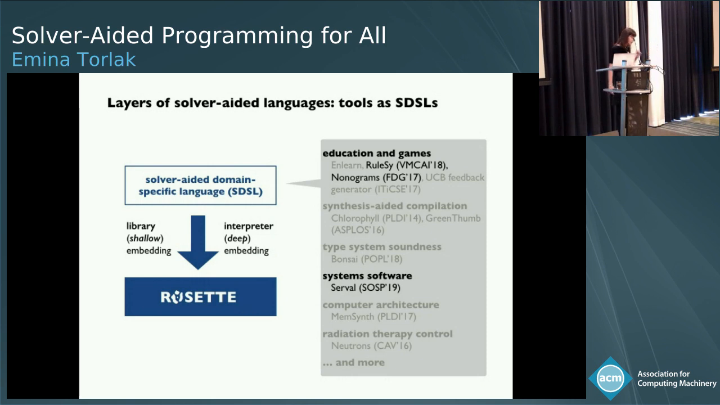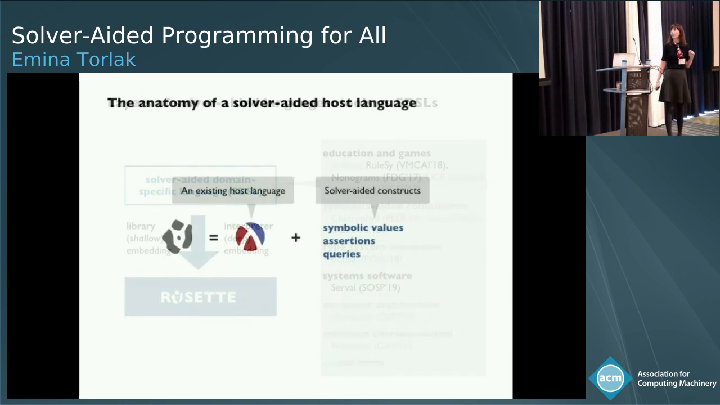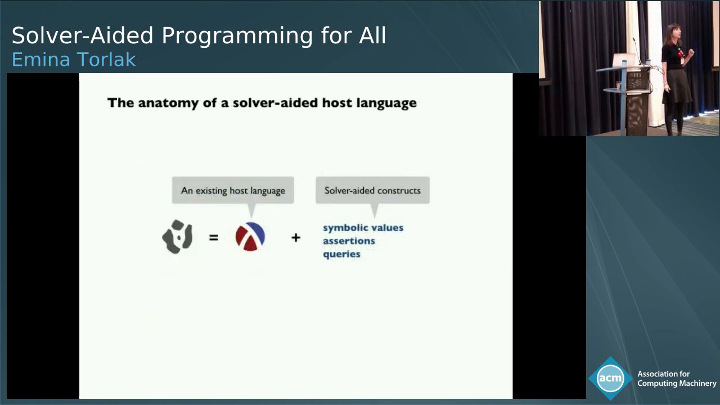So let me tell you now what Rosette actually is. What does it look like? It is an extension of Racket. Specifically, it adds to Racket 3 kinds of constructs. So if you remember when I was describing to you how SolverAided tools are built, there were 3 ideas that